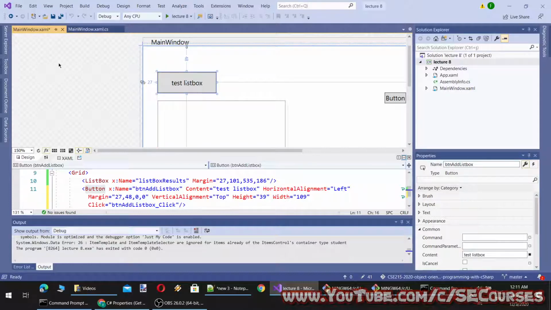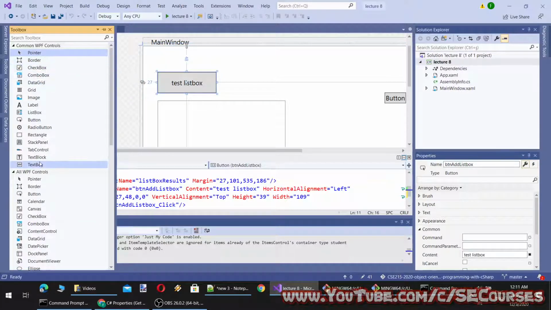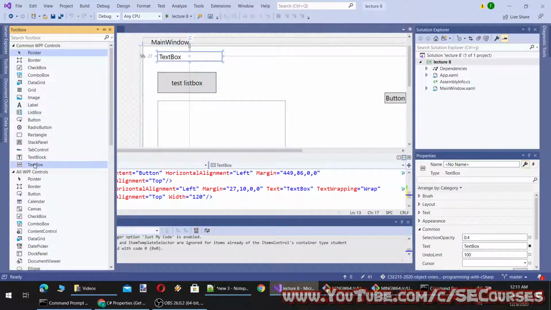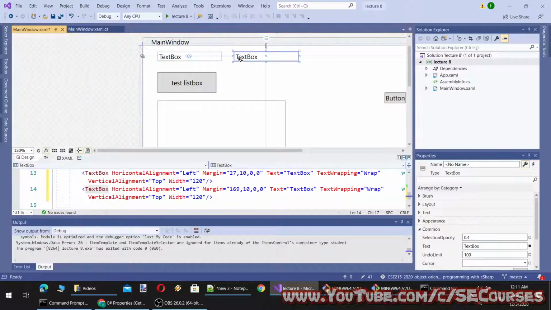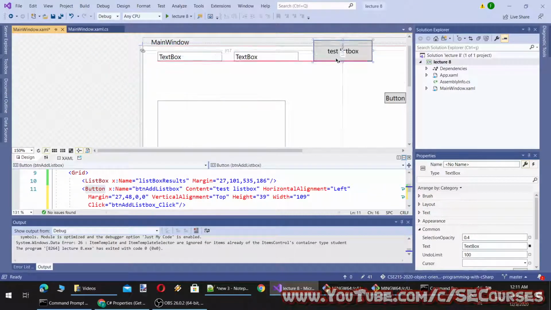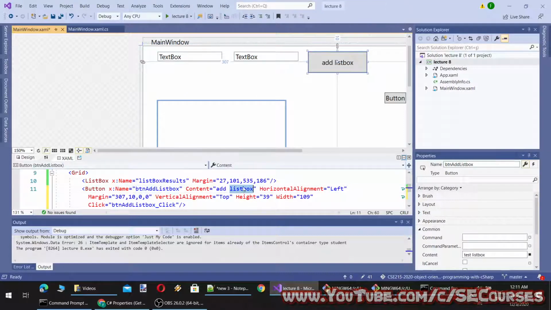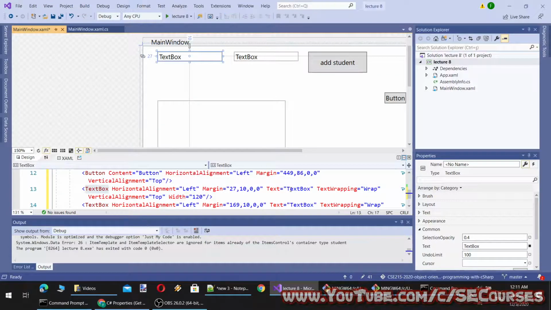text boxes to have add methodology. Okay, and add another text box, and let's say add student. Okay, add student, and let's make this as student ID.